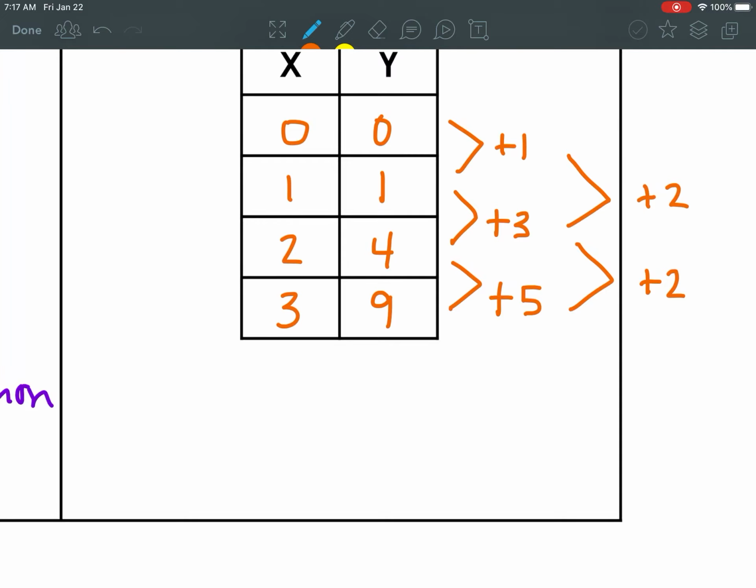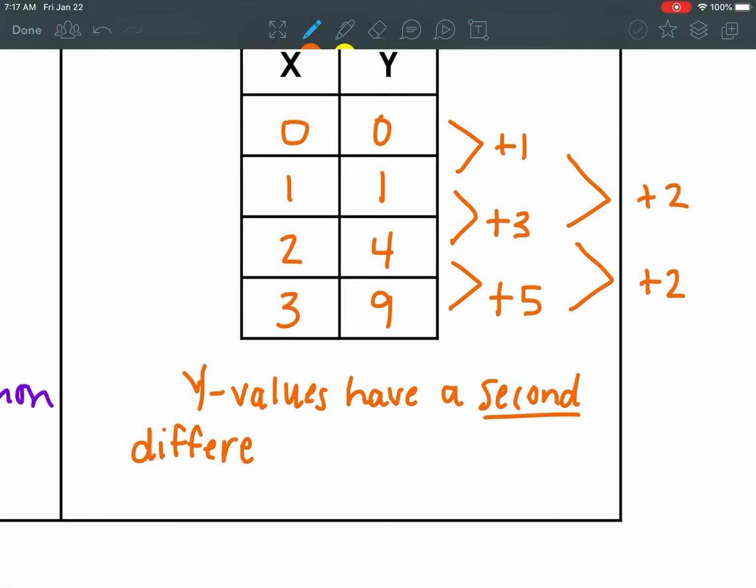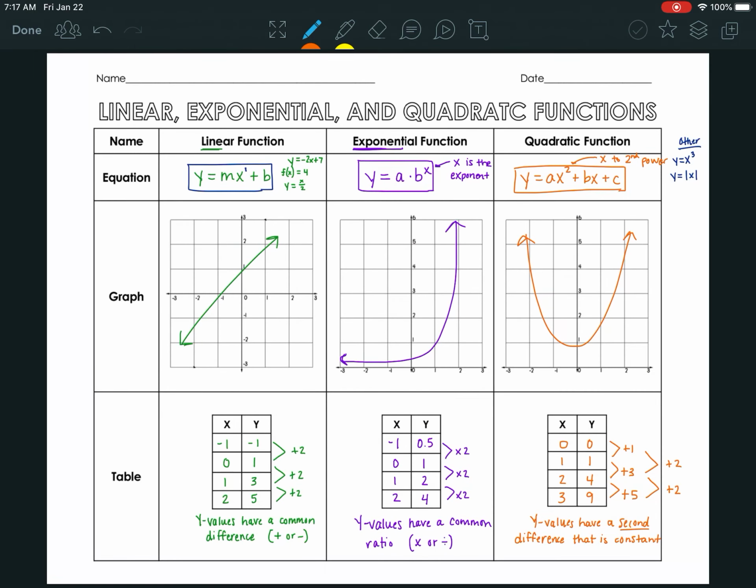So you look for a pattern, and if you can't see that great pattern of multiplying, dividing, adding, or subtracting, look for what's adding or subtracting over and over, and then look at the second set to see what's adding or subtracting. So in this case, the y values have a second difference that is constant. And again, in this one, we want to add or subtract over and over, no multiplying or dividing. So that's how you can look at different types of equations and identify them, different types of graphs, and also different types of tables to categorize